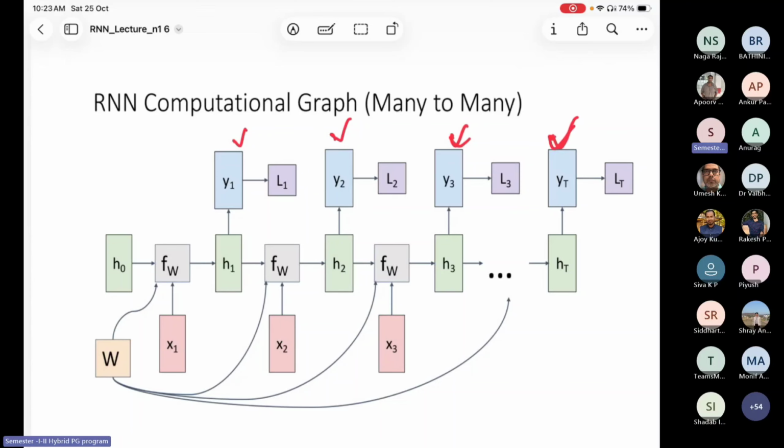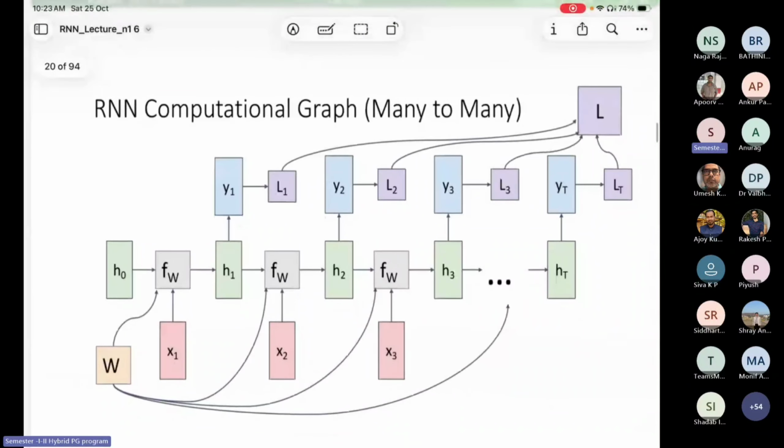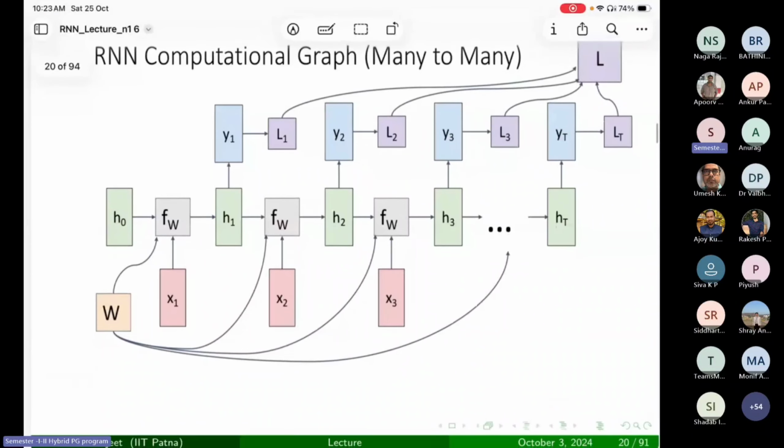Most of the time you'll be getting wrong output, and then you know how to correct it. So you find the loss, you have the actual ground truth, you know what should be the output here. I'm just talking about the training time. Okay, so find the loss: L1, L2, L3 and up to LT. Find the loss for every output, and then you just sum it,